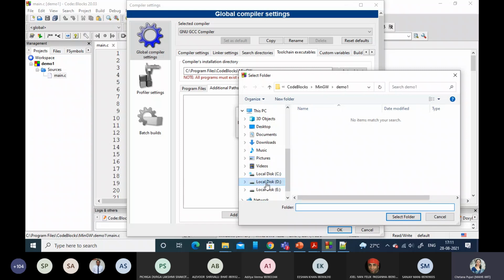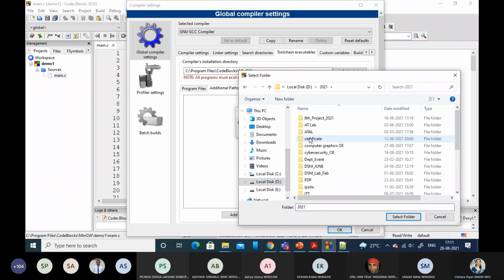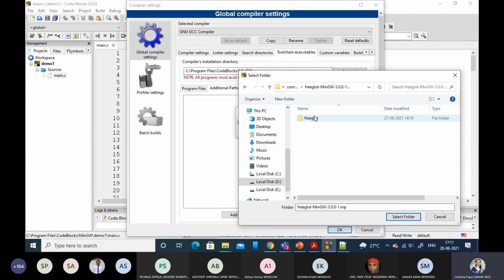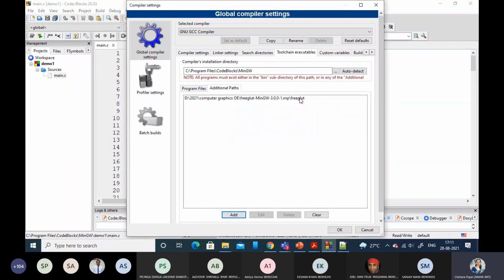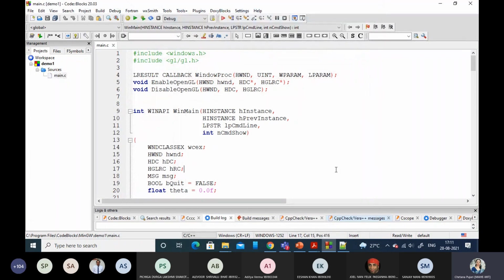Okay, so in D drive I have it. So that you can add over here, and that will solve your compilation issue. So these things you need to do. Just go through the video again, but instead of copying from x64, if it is not working for you, then don't copy the files from x64. Copy the files which are outside that folder, and then try.